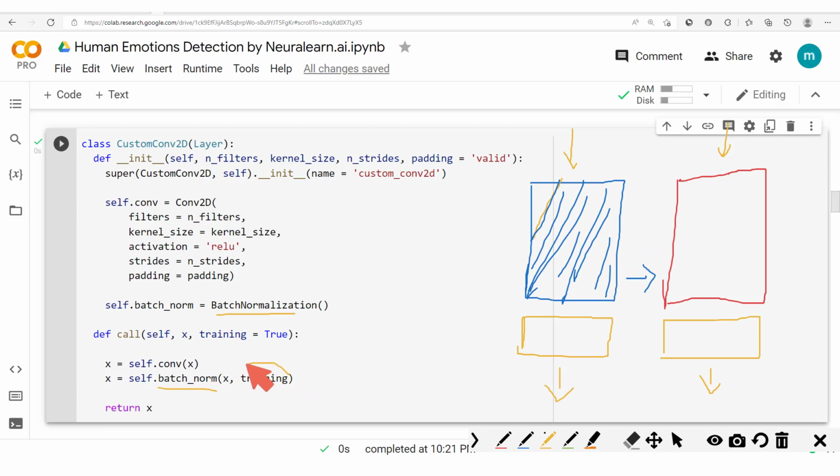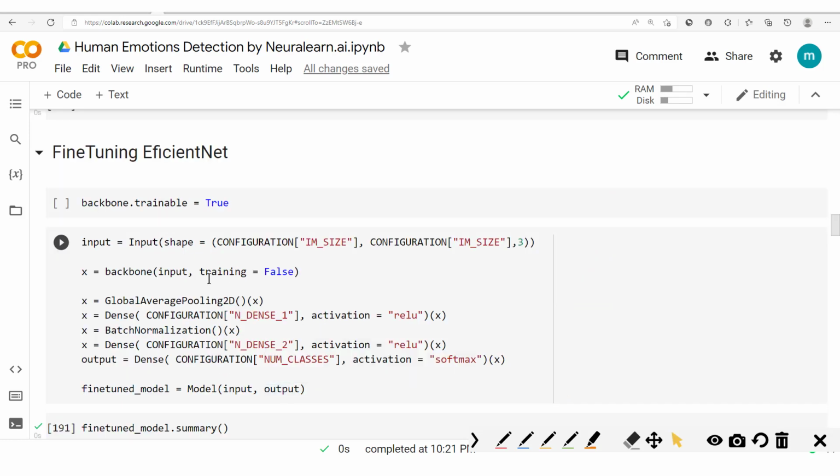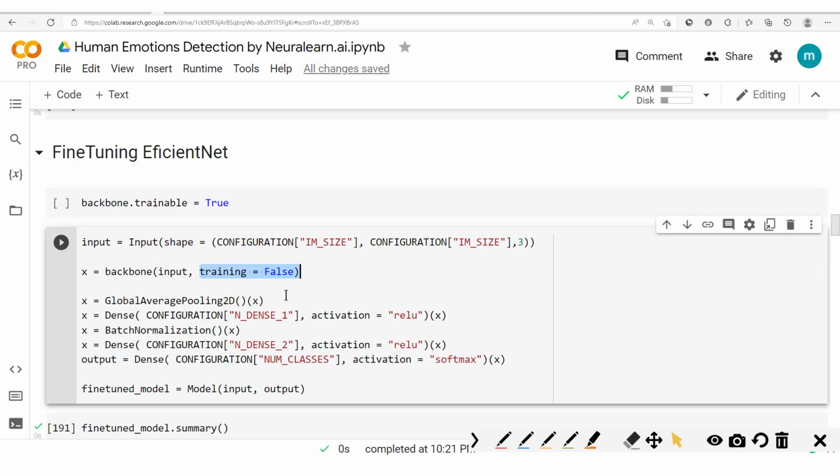And so we are going to set this training here to false, so it still behaves as if it were in inference mode. So getting back here, we have our training which has been set to false, and then we could start training our model again. But one point to note here is